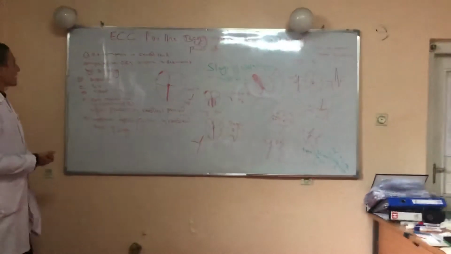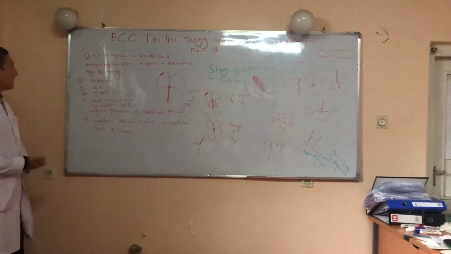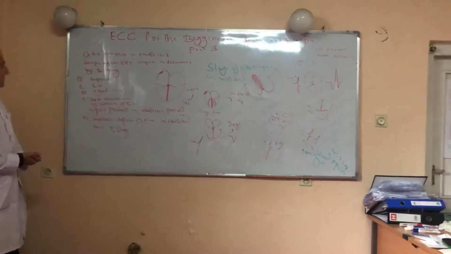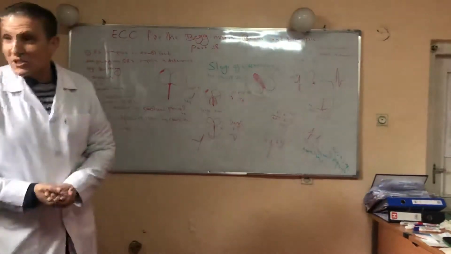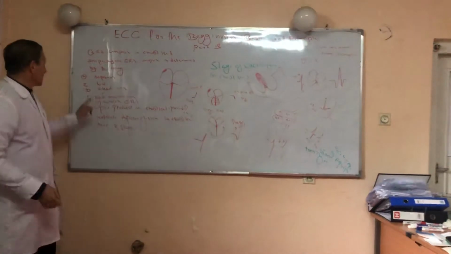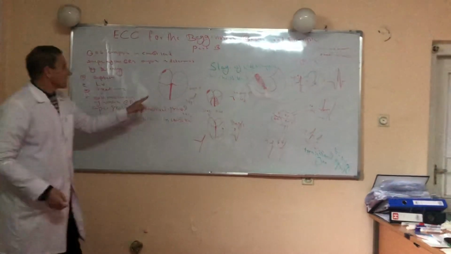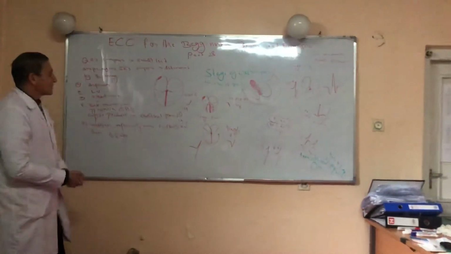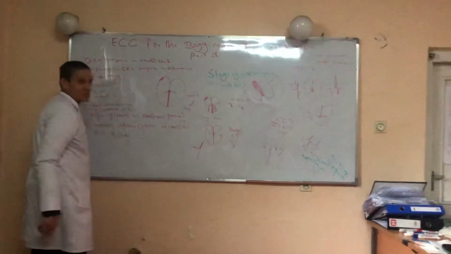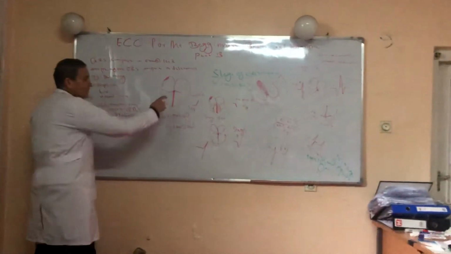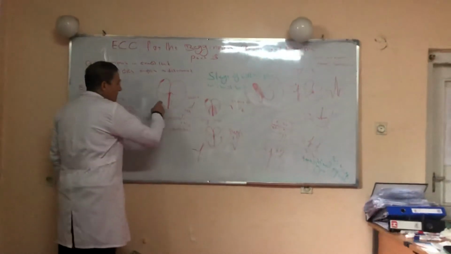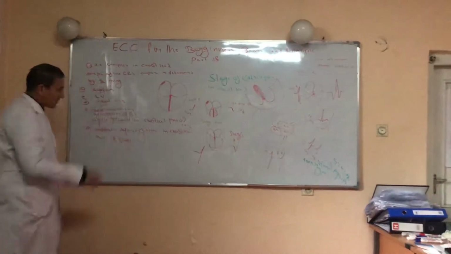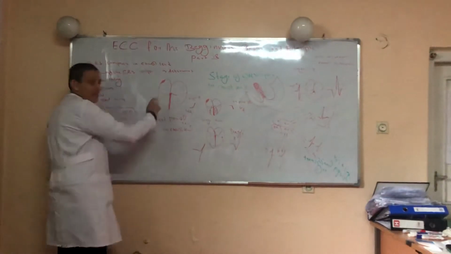Right now we'll be discussing the shape of the QRS complex in chest leads, and three main factors play a major role in its formation. The first one is the septum. What is the role of the septum? The septum is a part of the ventricle located between the right ventricle and left ventricle, and the septum is depolarized by the left bundle branch from down to up and from left to right.